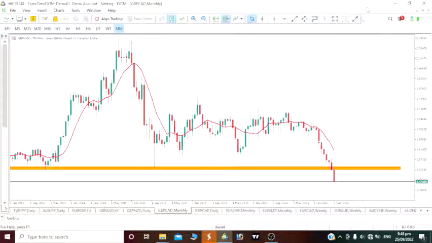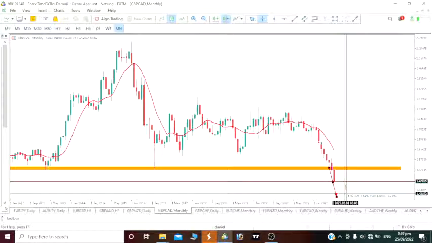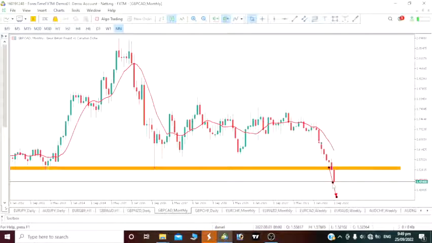Now what we can see here on this monthly time frame is that the price has broken below it. So we would be expecting a pullback, but we won't be expecting it anytime soon. We would definitely see this GBP CAD drop massively. Let's say possibly 500 to 1000 pips. So we still have close to 500. I think this is 550 pips. I believe we will actually go below a 550 pips drop. So we still have close to 1000 pips to be made before we can consider having a pullback on GBP